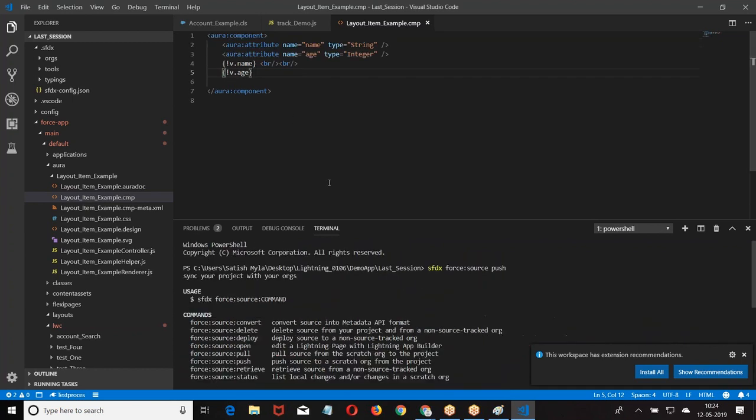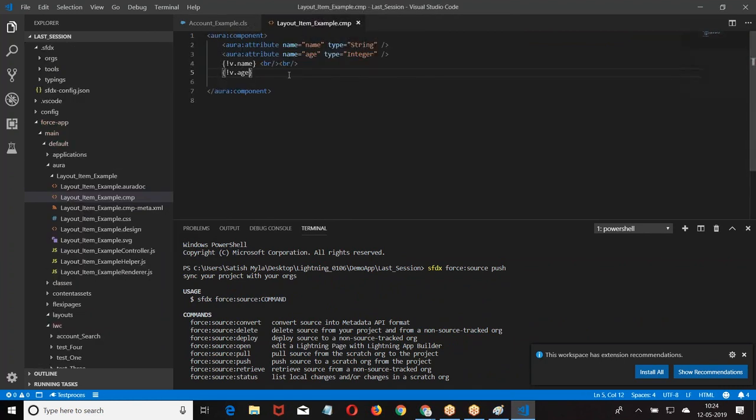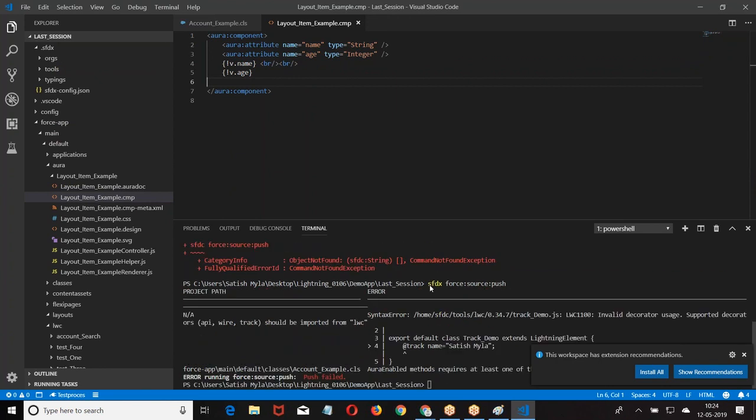My Lightning Web Component was running actually. There is a mistake with my code. My existing Lightning Web Component was running, so there is an issue with that. What happened here? You are trying to push the code. This code will be pushed to my repository. I have some Lightning Web Components which are uncommitted, so we are having an issue with pushing the data. I hope you got the structure.